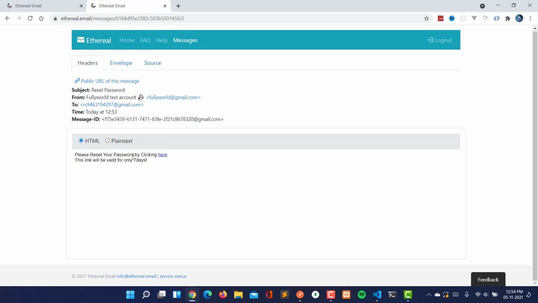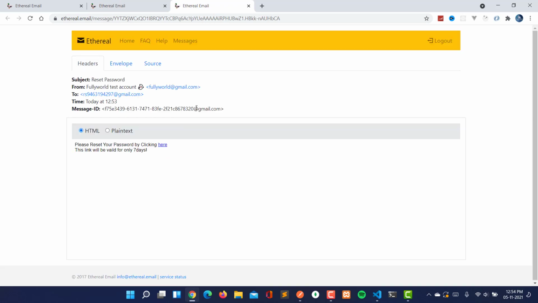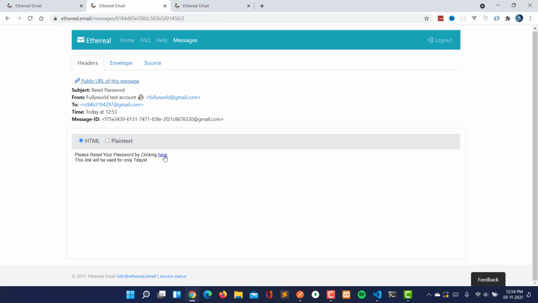So if we want to check the link here, so see that this is a public URL and this will look like this. So this is a public URL, and to this account this email will look like this here. So here when I will click here, and here we are moved to the reset password. So this route we haven't created yet, so we will do this in the next video, and we will take the token, then we will decode the token, we will get the email, and then we will tell them to add new password like this.